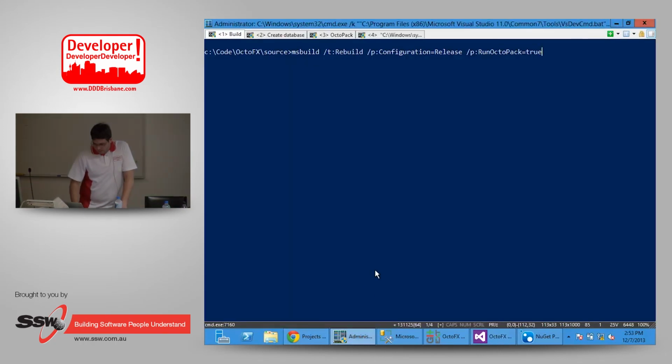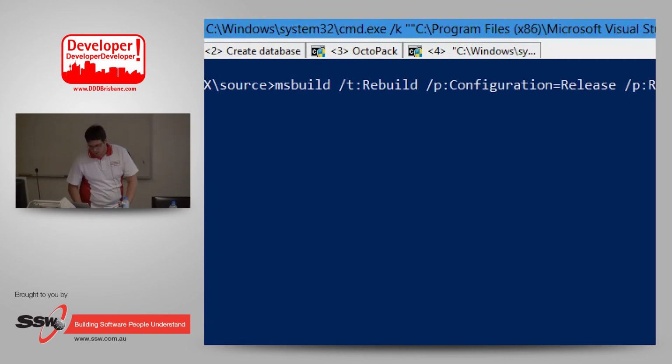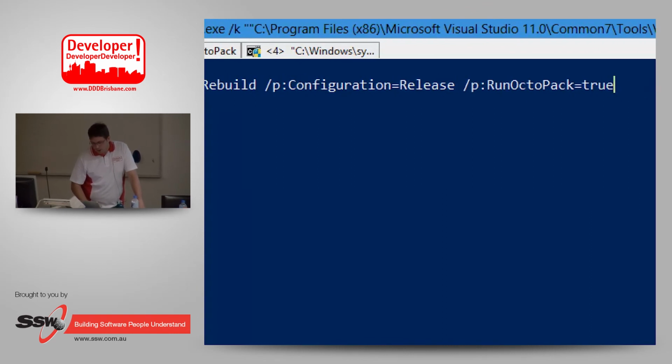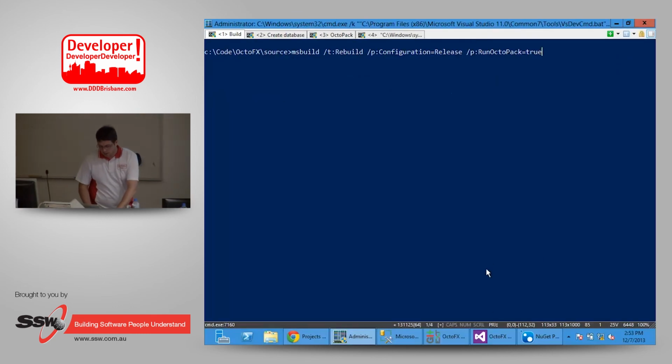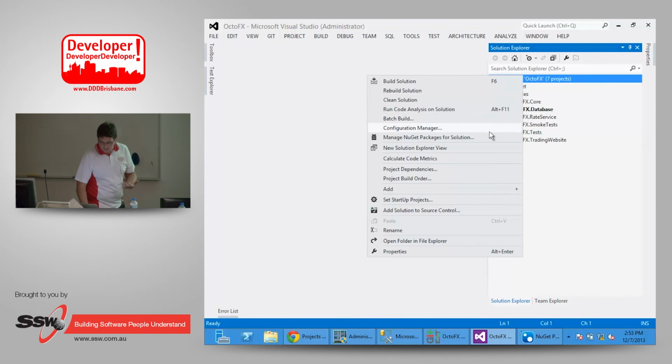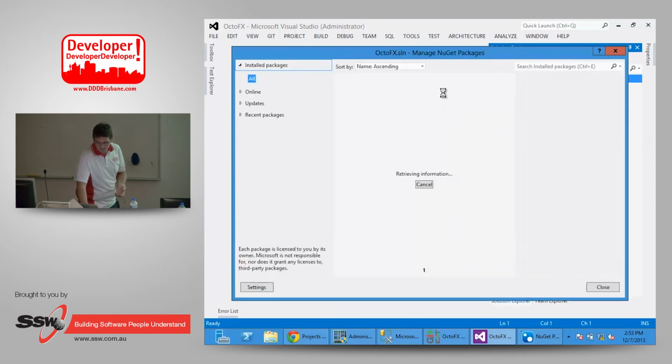To build that, I can go to the command line. And you're familiar with MS Build, so we just run MSBuild /t:rebuild, configuration release, because it's a release build. And then you just add one more parameter, which is RunOctoPack=true. And the way you set up Octopack, the job of Octopack being to create these NuGet packages from your app, is you'll go in here,